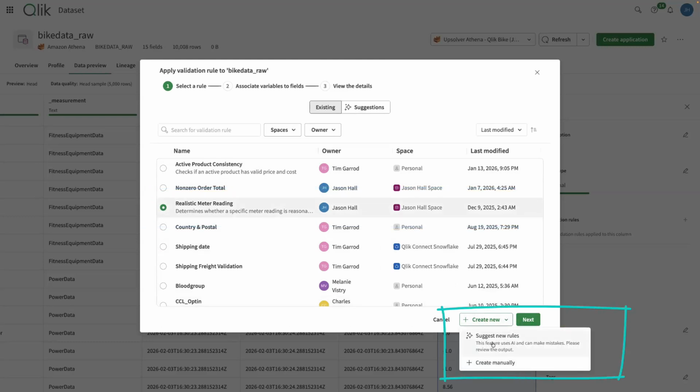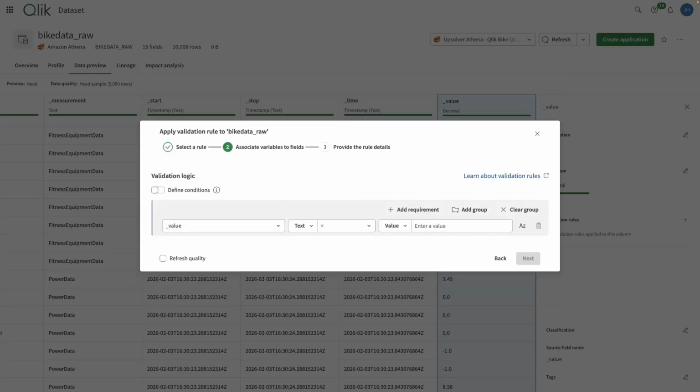Absolutely. And there are actually some generative AI capabilities here, which can look across your data and suggest some data quality rules to apply. But in this case, I'm pretty sure I know what I want to create, so we can create a new one. And all it really says here is this is the column that I want to analyze. Is it text, number, Boolean? You can define the condition here. For this data to be valid, I think it should always be less than 5,000. So any value that comes in outside of that will be flagged as invalid.